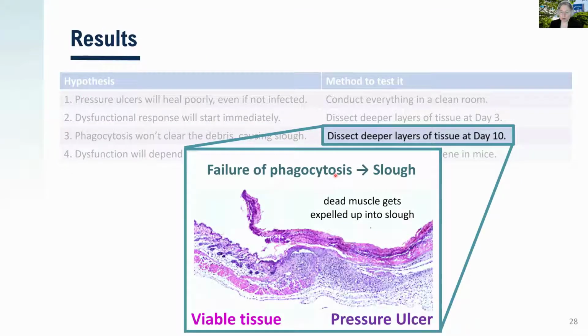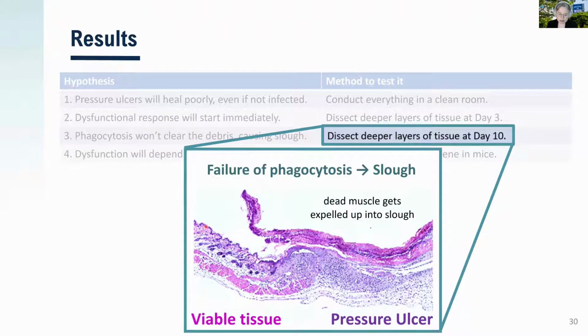Okay. So when we dissect deeper layers of tissue at day 10, it's actually really beautiful. Let me help you try to read what this section is showing. On the top here is the slough. So people often think of slough as being bacterial biofilm, but actually what you can see in this slough is that it's made out of the necrotic tissue itself. You can see at the healthy wound margin,